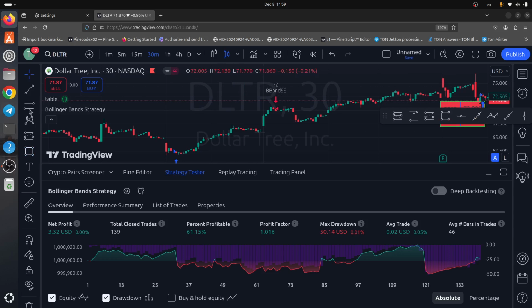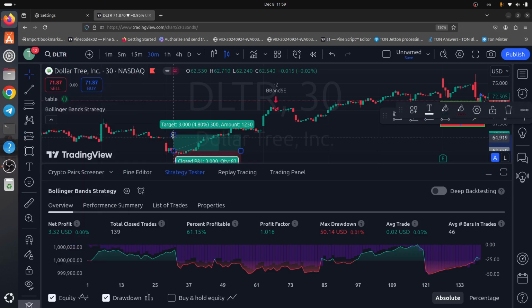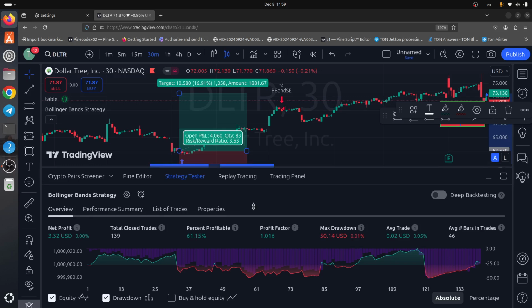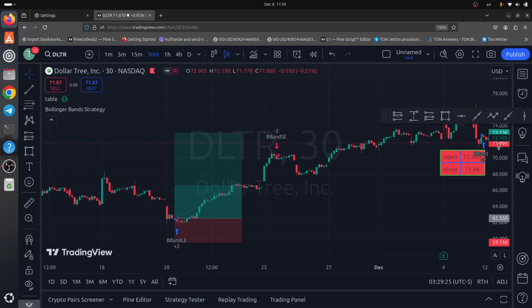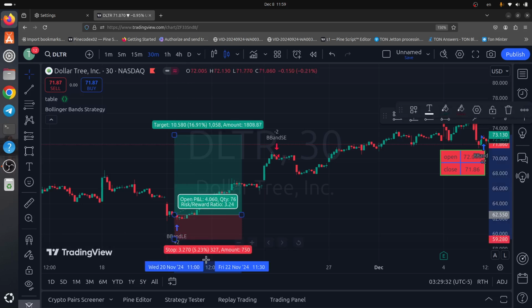Okay, what is risk reward here? For example, here is our position. This is our reward, and this is our risk. For example, 5% is our risk, and 16%, 17% is our reward. So the risk to reward ratio is 3, more than 3. This is good, but sometimes